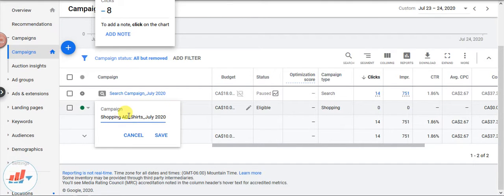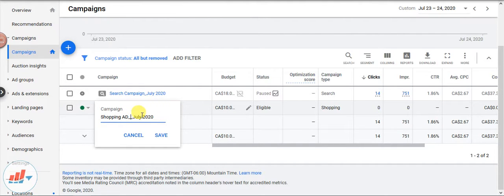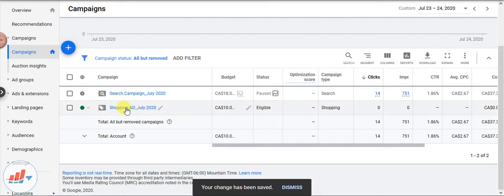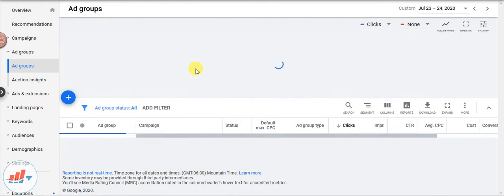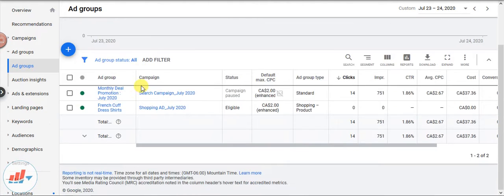Let me change the name. Why should we put the shirts here? Let me put it as the shopping ad campaign. When we go inside the ad groups, you can see that there are two ad groups, one for the search campaign and the other for French cuff dress shirts, which is related to the shopping ad campaign that we have created right now.